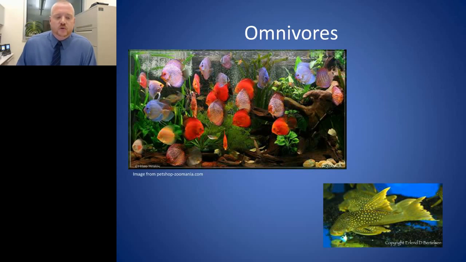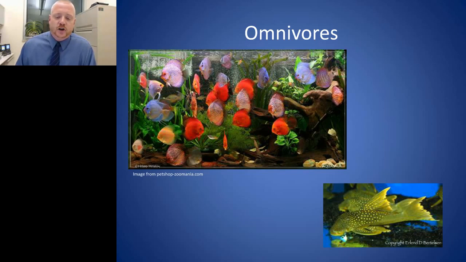We also have omnivores, and the beautiful discus on the left. It's not my picture, but I've had discus for years, and I can tell you that during the day they're gentle and beautiful and just nibble on algae here and there. But as soon as the lights go out, they turn into something altogether different, and I've watched them do some serious damage to my cardinal tetras. So they're omnivorous fishes, even though they seem peaceful and calm. They need some real meat in their diet as well.